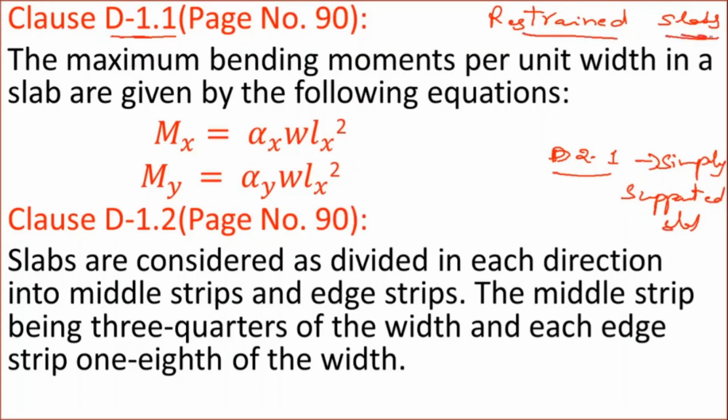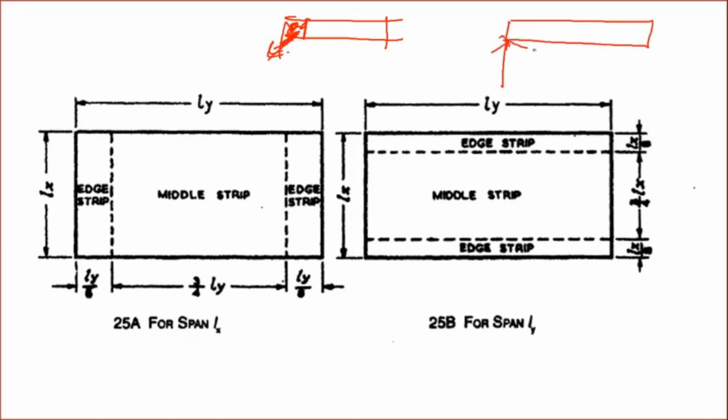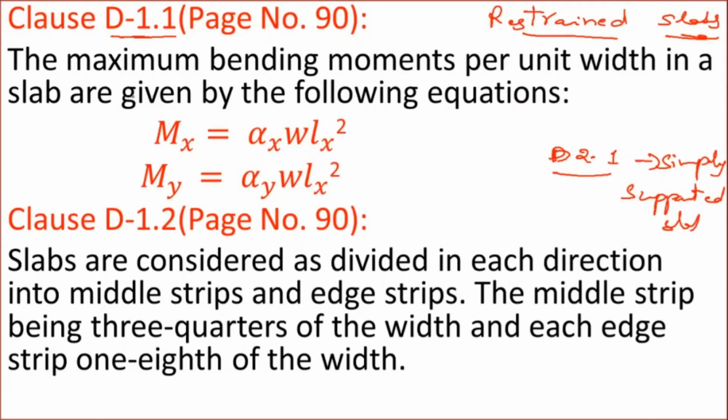the restrained two-way slabs. So what is the difference between restrained and simply supported? If it is restrained, at the edges negative bending moment develops. If it is simply supported, then throughout the span only positive bending moment will be there. But here, at the edges negative bending moment will be there, and at the middle span you will have the positive bending moment. That's the point. Now if you take a restrained slab,